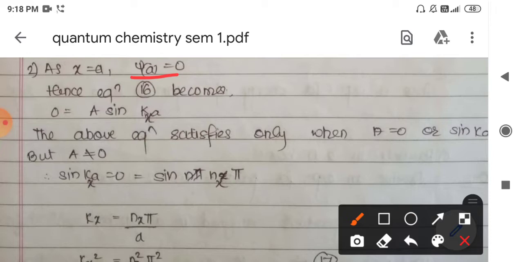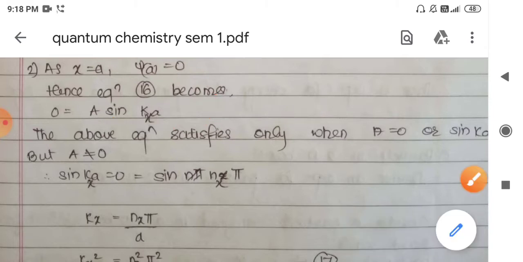Okay, so from that equation again we got to know that either of these two should be equal to 0. There we see that if my constant a becomes 0, my overall wave equation will become 0. So there are two possibilities: a is equal to 0, or sine of this n pi might be equal to 0. Out of these two, one should be equal to 0, but if a is equal to 0, then my overall equation will turn out to be 0 and the wave function does not have existence.